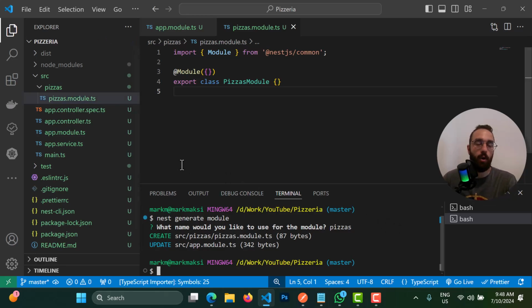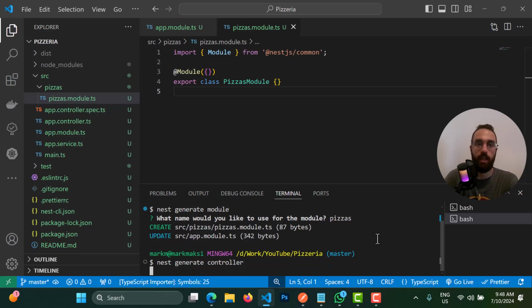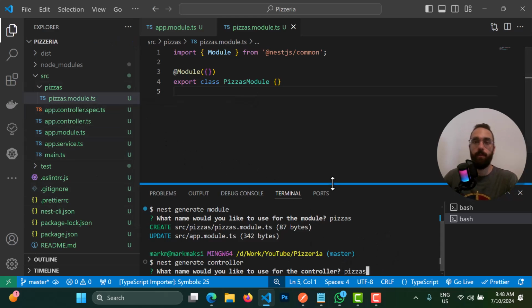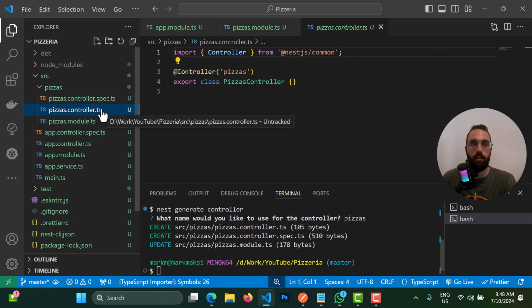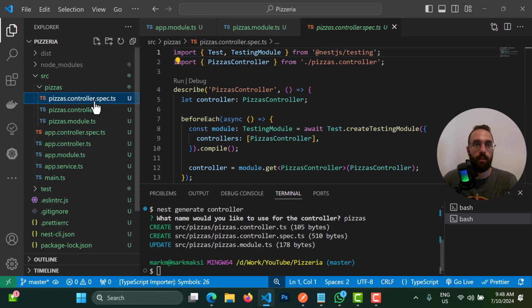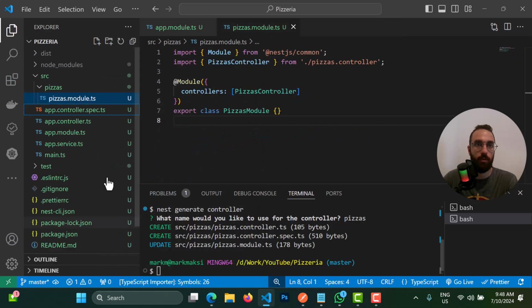So now I want to create a controller inside the pizzas module. To do that, I want to run nest generate controller, and I want to give it a name. The name is, as usual, pizzas. We name it the same name as the module so that NestJS puts this controller inside the same folder. And I click enter. And you can see that the controller was created. It also creates this testing file. I don't need the testing file, but I can show you a different way to create a controller